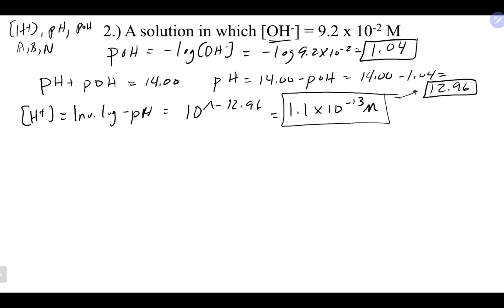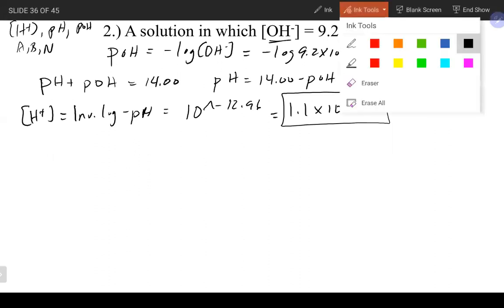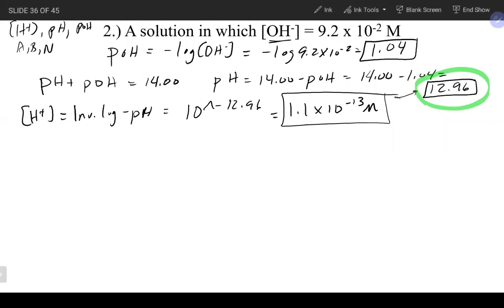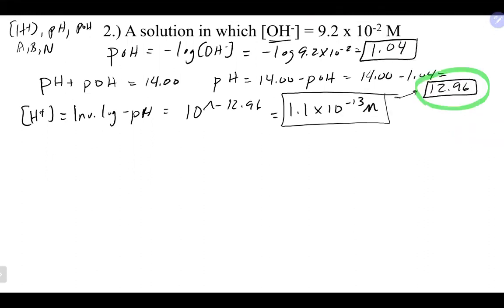Once again, here we do want to look at the pH value to determine acidic, basic, or neutral. And in this case, our pH is 12.96. That definitely is above 7, which means it is basic in this case. Once again, this is a case where somebody may look at this value and go, it's basic, but then look at this value and go, it's less than 7, it's acidic, and again give the wrong answers in this particular case. Any questions on how to do any of those calculations? All right, we were going